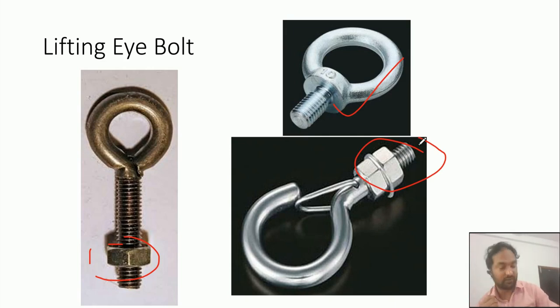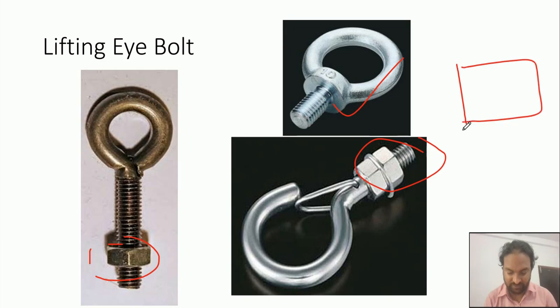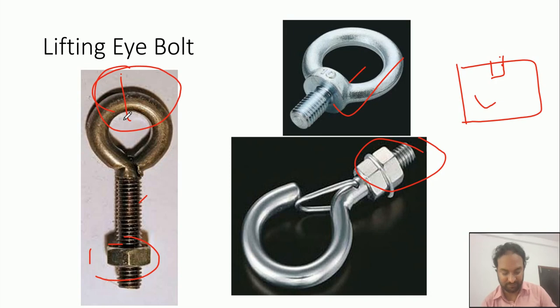There are two ways we can use it. If we are going to lift with this one, a hole will be drilled in the part and thread will be cut by tapping, and then this eye bolt or any other can be inserted, and it is locked automatically, because there is an internal thread in the part and an external thread on the eye bolt. So we can use it to lift by putting a hook, and lift it with the crane.